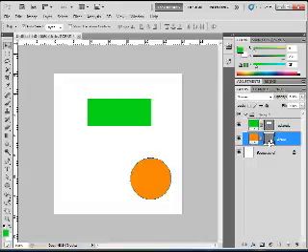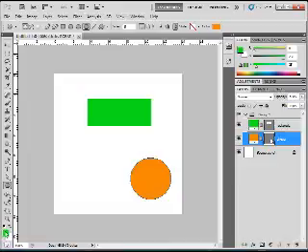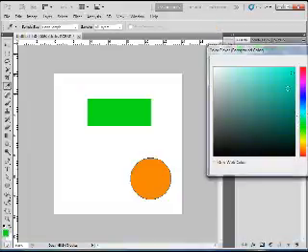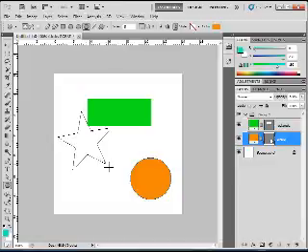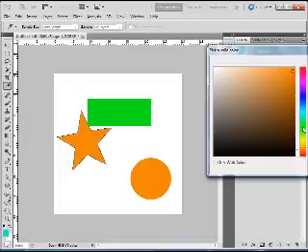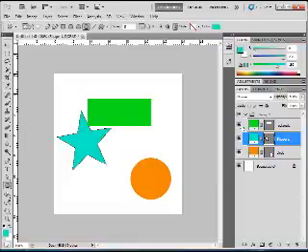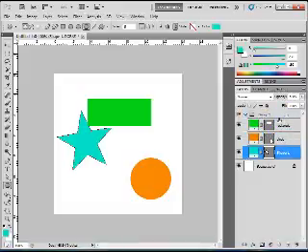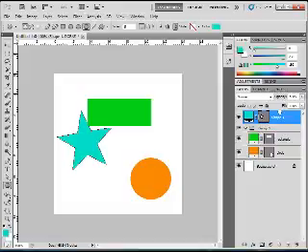And I'm going to go to our shape tool again, select the polygon tool and select a new color. I'll leave it just like that and draw out a star. Select a new color again. And you can see it's added that to the group. We don't want that. I'm just going to drag that out of the group up to the top there. Okay, out of the group,